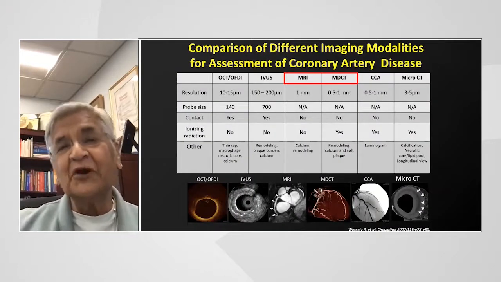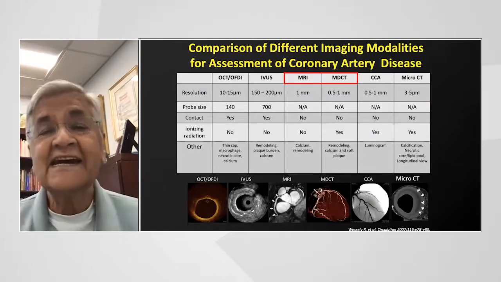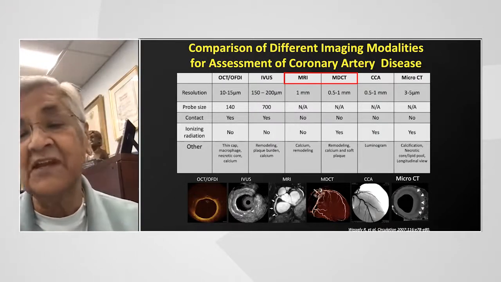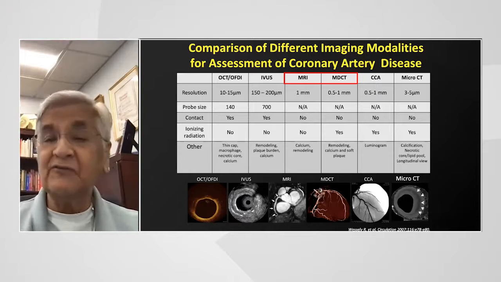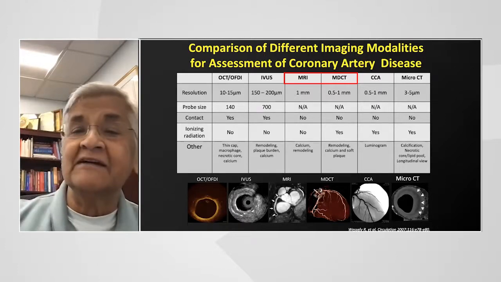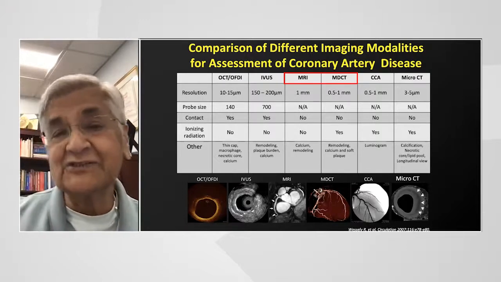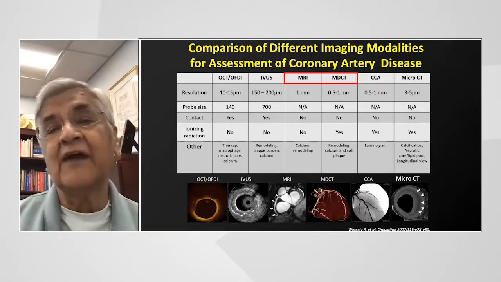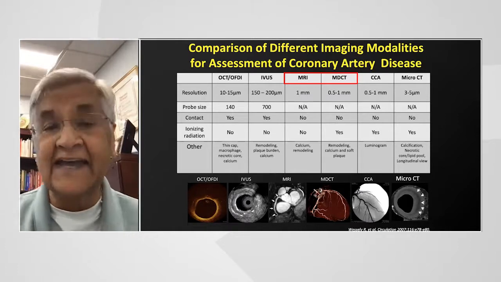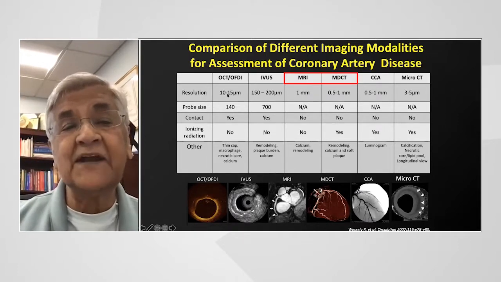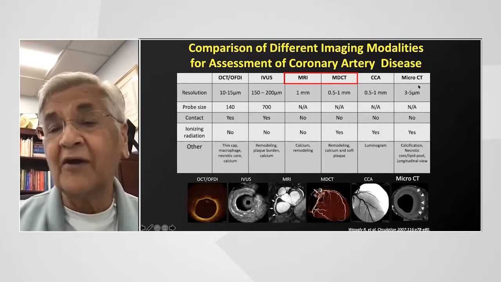Now, all of you have talked about comparison. Of course, the best way to assess coronary disease, I think, is going to be non-invasively to prevent future coronary events. So yes, those who present with AMI should have these invasively rather than non-invasive, which are not as good. As you can see, the resolution is not as good as compared to OCT, IVUS, or